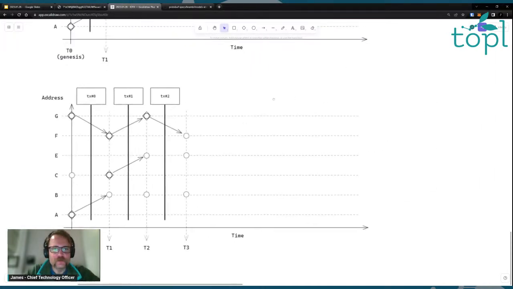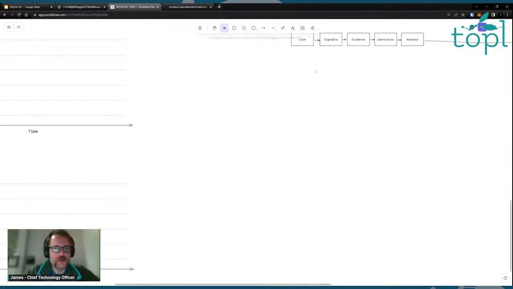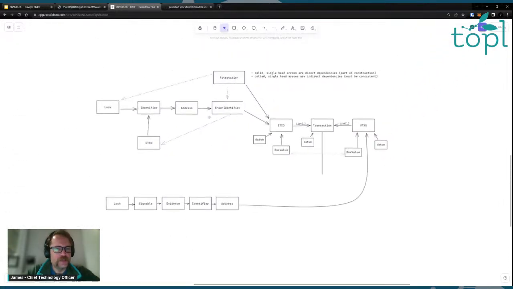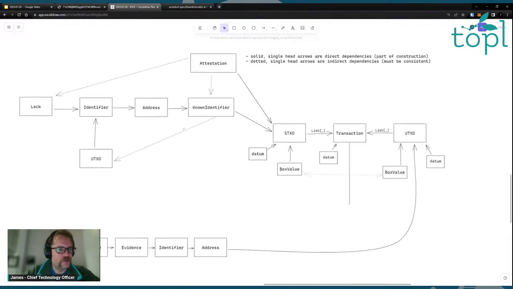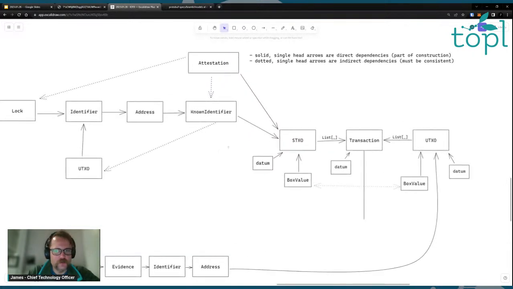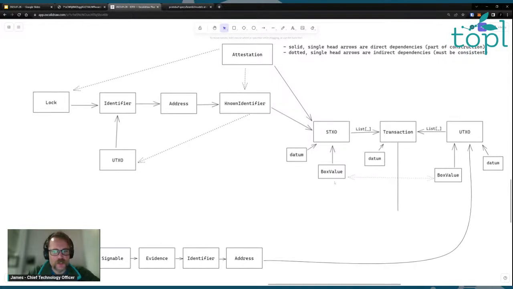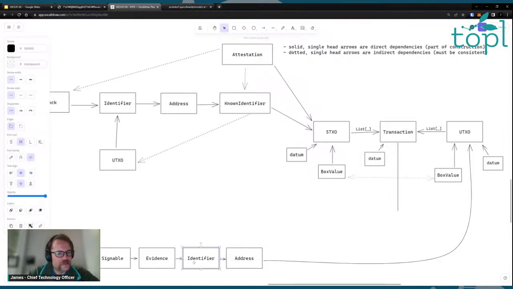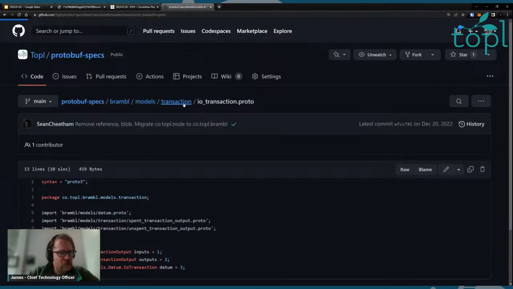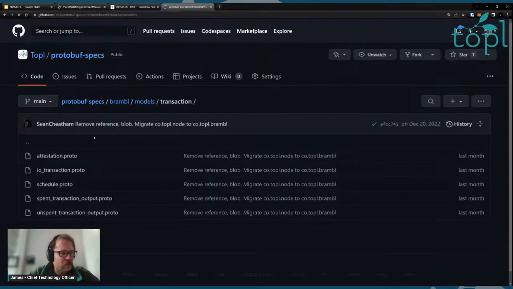Cool. Let's go over to the complexity then. This guy thing. Why am I gendering a diagram? That's weird. Anyway, okay. So this is why I did not want to start with this, because this is a lot, right? And you'll see these are actually things like address, identifier, evidence, lock. These are all things that, if you go into the protobuf spec repo,